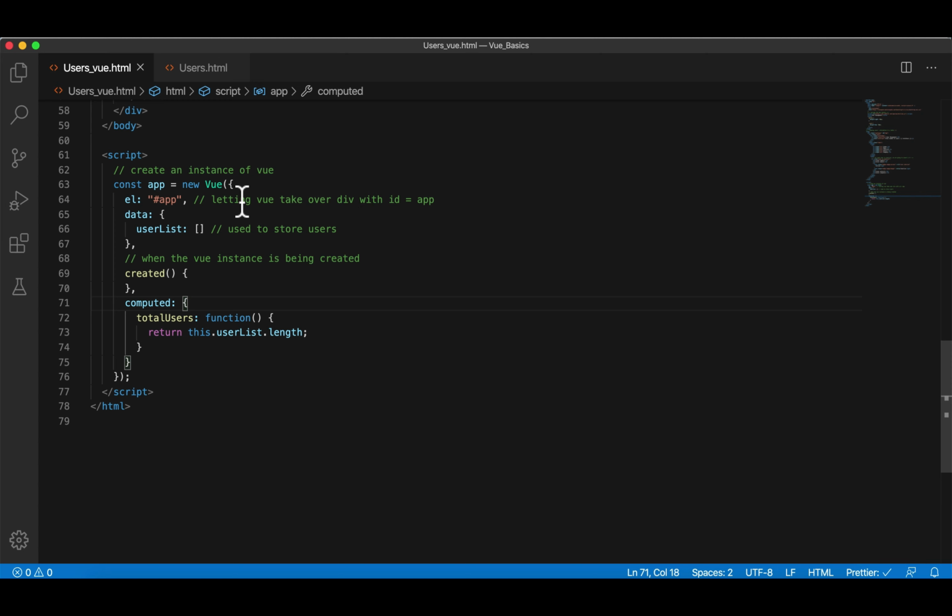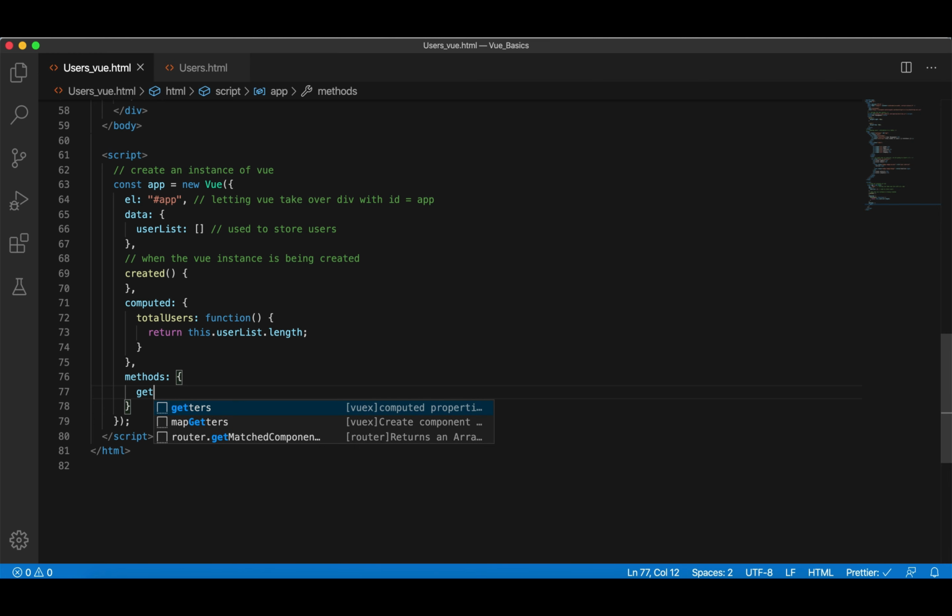In Vue, there is a way we can define functions or methods in this Vue instance. Right after computed, make sure you do not mess up the curly braces. So here's open, here's close. We have a comma, and then I'm going to define an attribute called methods. And methods is also an object. So you can define as many methods as you want, but in this case, we're only going to define one. It's called getUserList